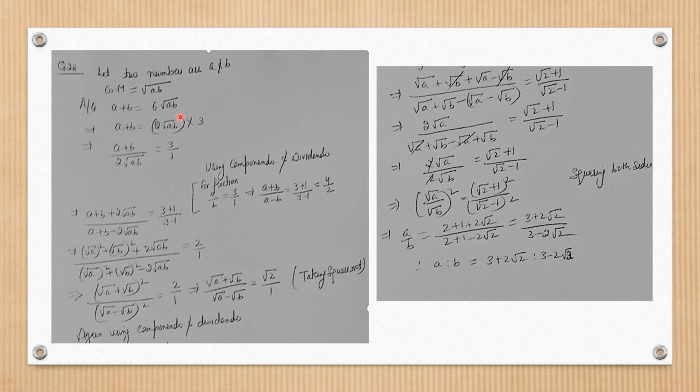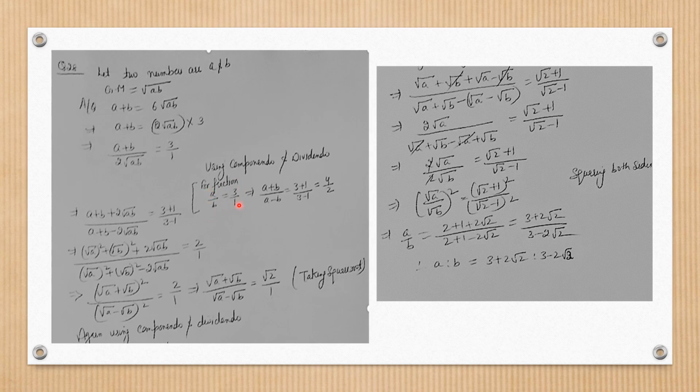We take out 3 from this, included in one bracket, and this to the other side. Now I will just divide both sides by 2 root ab, or I'll just take it to the denominator. So it becomes (a plus b) divided by 2 root ab is equal to 3 by 1. Now I'm going to use one method which is called componendo and dividendo. Componendo and dividendo method is used in case of ratios. And see, I'm just giving you an example of how it is applied: if a upon b is equal to 3